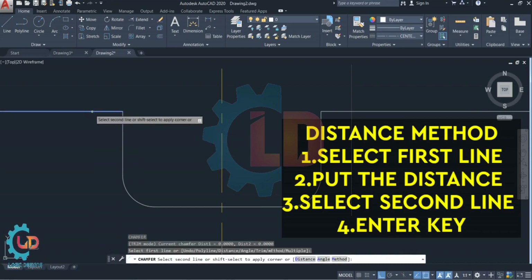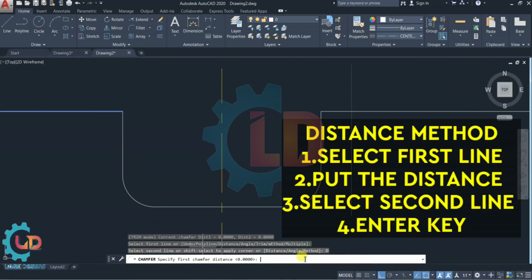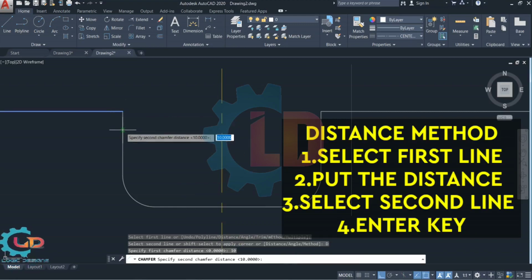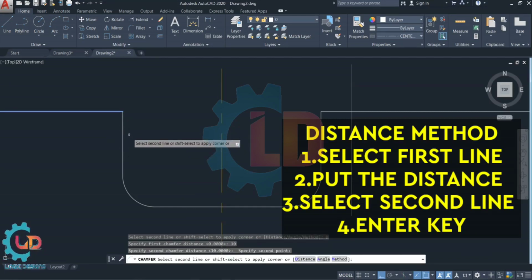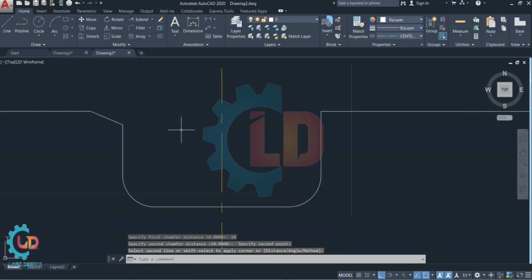Then select the first line. You can see here in the command bar I am selecting distance first. I am giving distance 10 mm. Then select the second line. Okay, you can see here the chamfer is now created.